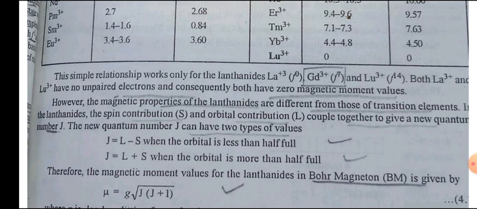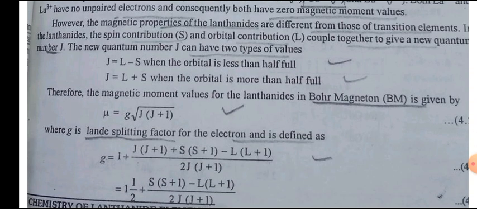J is equal to L plus S when the orbital is more than half full. Therefore, the magnetic moment value for the lanthanides in Bohr magnetons is given by mu equals g times the square root of J into J plus 1, where g is the Landé splitting factor for the electron and is defined as